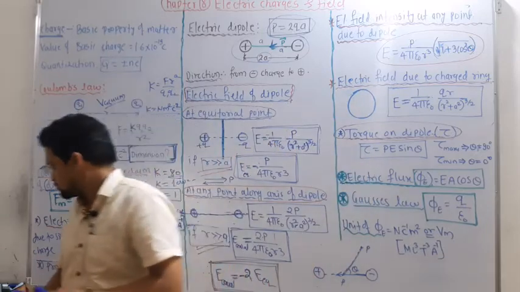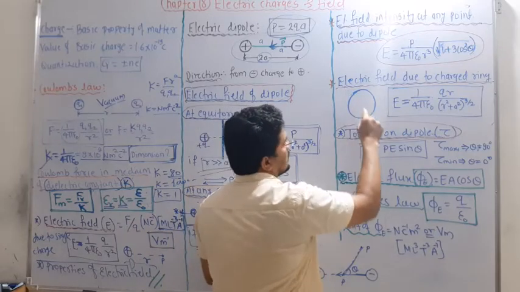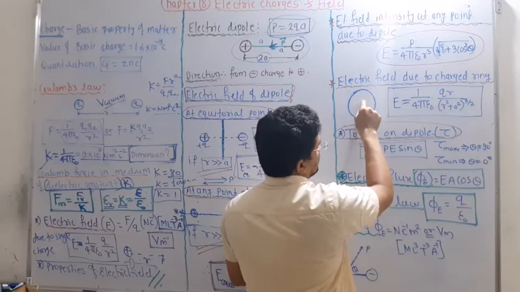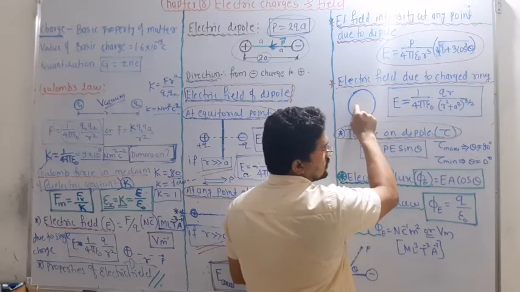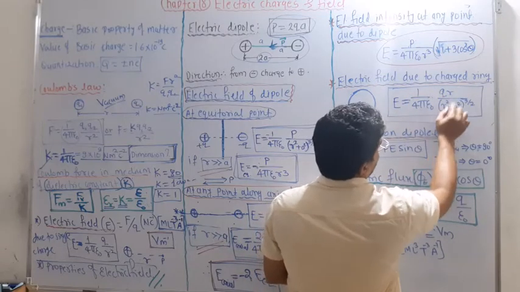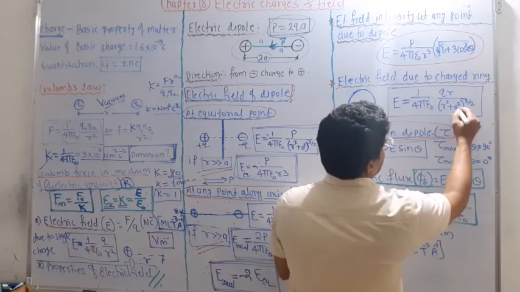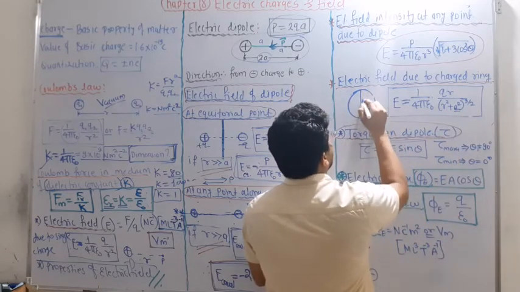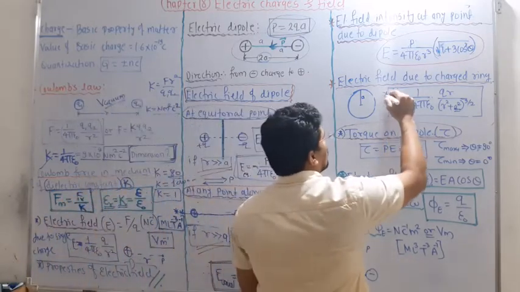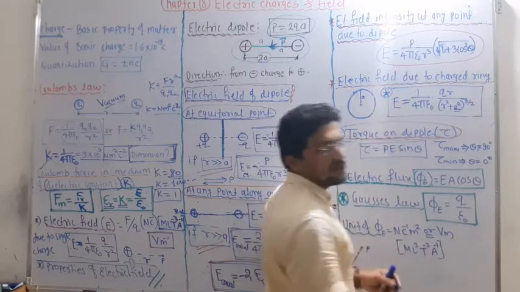Okay, so next is electric field due to a charged ring. A ring type means you can have the bangle type shape. If this is a ring, then the electric field from the ring, along the axis of the ring, is given by E is equal to what? 1 upon 4 pi epsilon naught, QR divided by (r square plus a square) raised to 3 by 2, where a is nothing but the radius of the ring itself. So remember this one, very important formula, due to the charged ring, it may be positive charge, it may be negative charge.